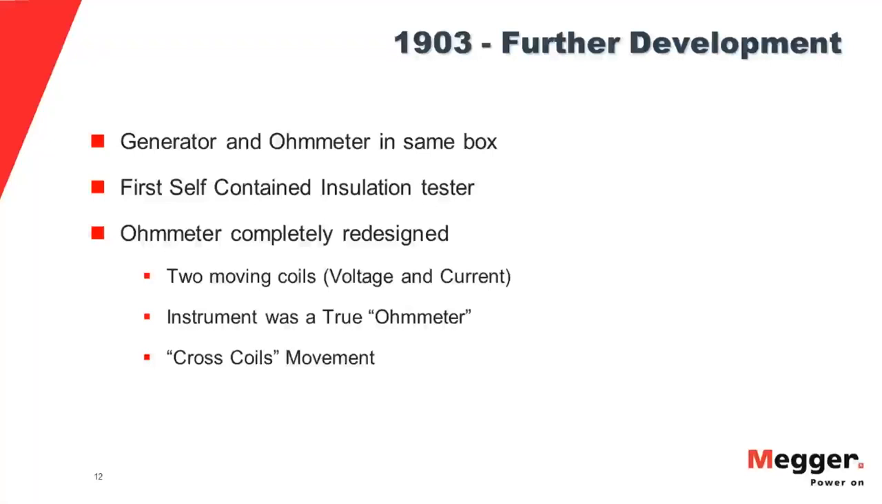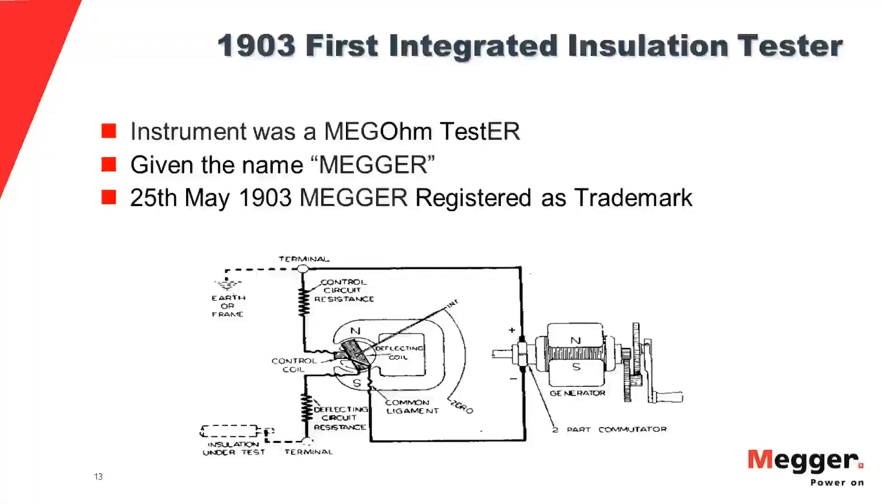And here's a look at that old circuitry then with the hand crank generator serving as the power source. You've got the known circuit with the known resistor. You've got the deflection circuit with a kind of a stabilizing resistor in there, but the main component of that was the insulation under test. And they were working against each other and driving the pointer and reaching a compromise between the two forces that